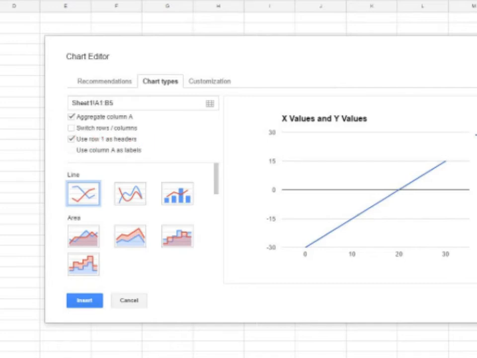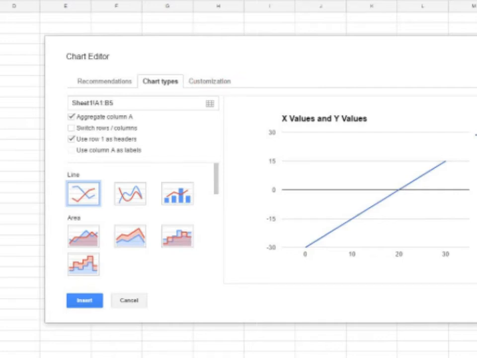Now, we also want a line graph. It always defaults to this bar graph or to a weird looking kind of bar graph, but you want lines. So click the box that says line, and that gives you your basic graph. But we want to do some customization, make it a little bit nicer. But even right there, if you clicked the insert, at least you would have a basic graph. But I want you to go ahead and click